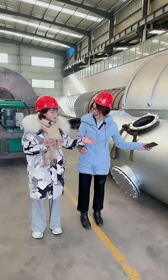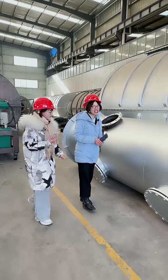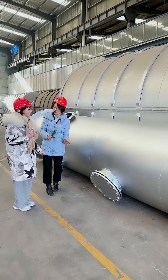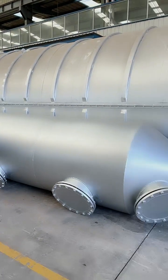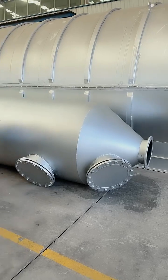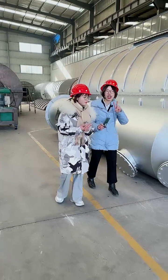Now it's a dust removal system. Yes, wow. We have 5 different dust removal systems. And now what you see is the 5.5 meter stainless steel ceramic ring. That's the removal system. It has 2 special advantages. First,